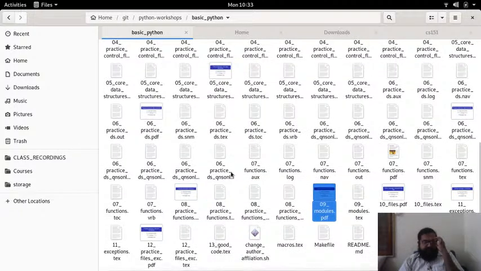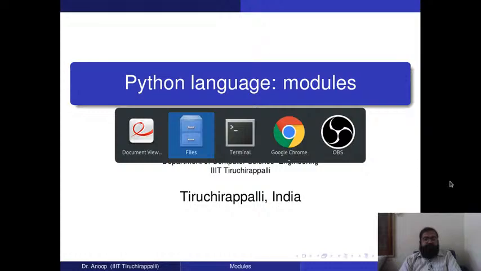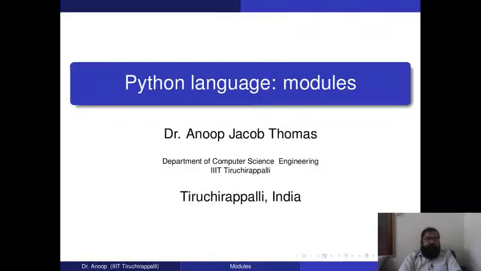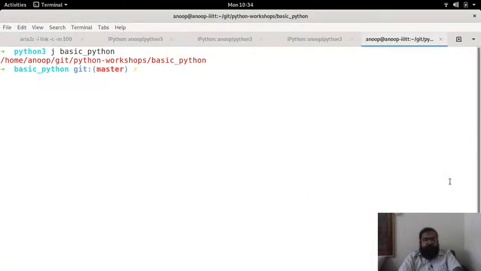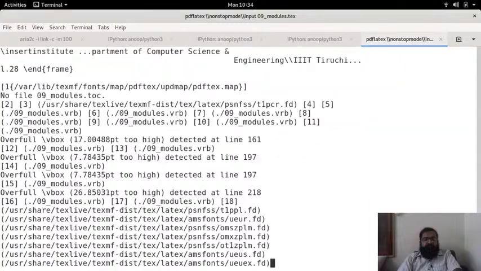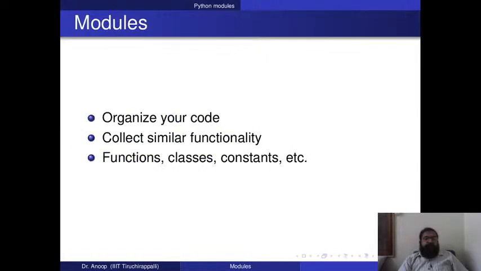Okay, and this topic comes before files or exceptions. All right, this comes before files and exceptions, and this is called modules. So we are going to learn the Python language modules. So Python modules, okay, modules